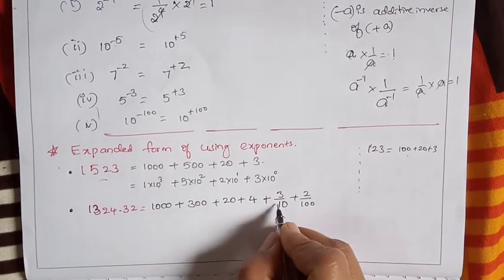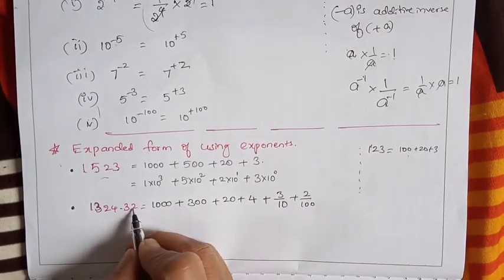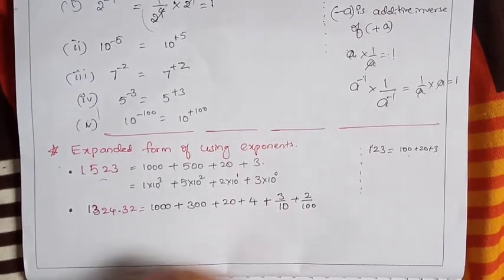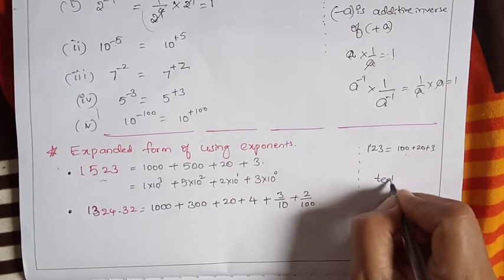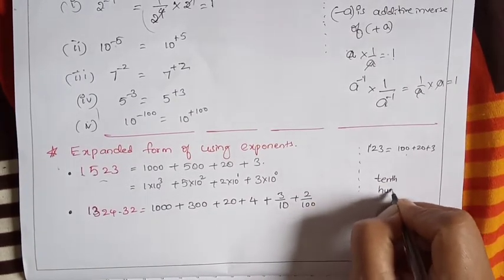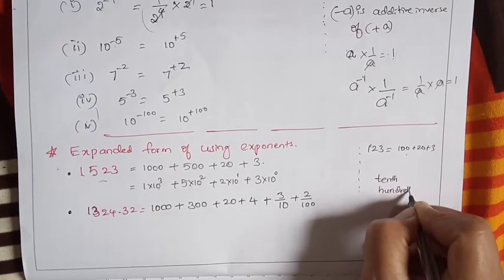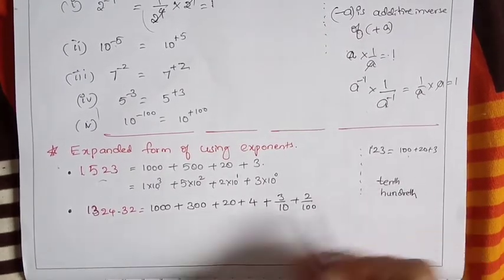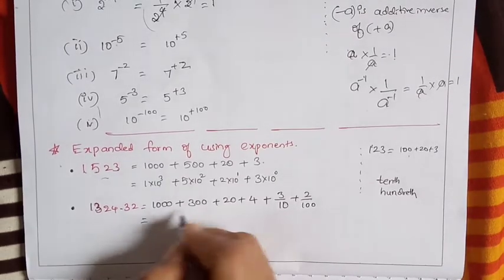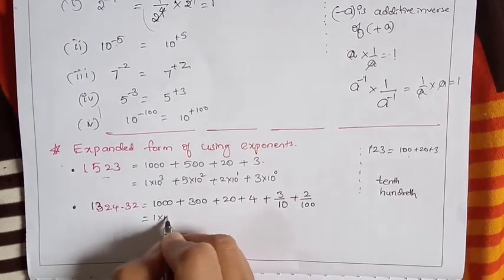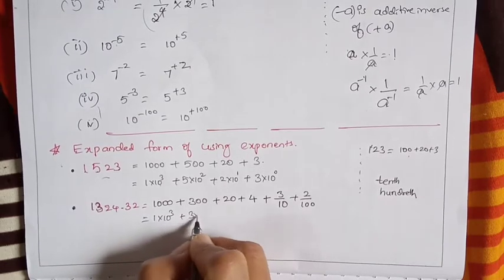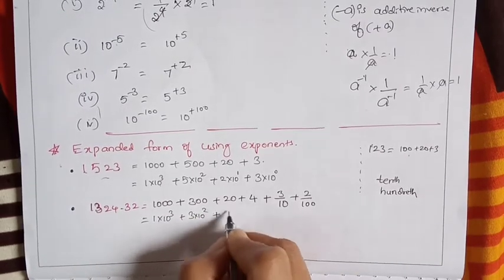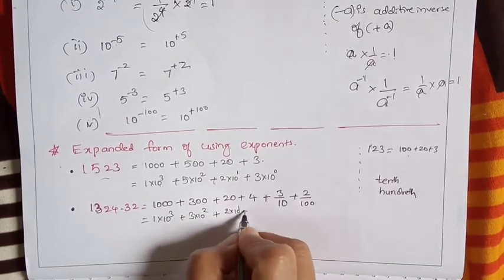After the decimal we call them tenths place, hundredths place, thousandths place. Ones place won't be there after the decimal. Okay, so now here 1 into 10 cube, 3 into 10 square, 2 into 10 to the power 1, 4